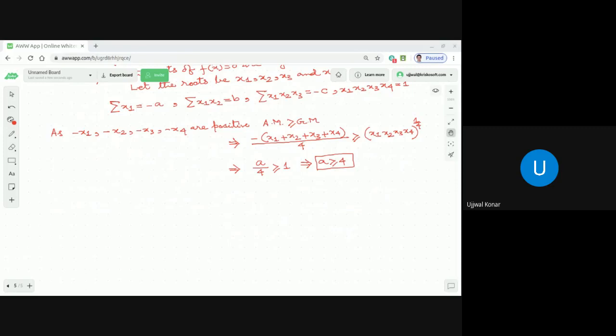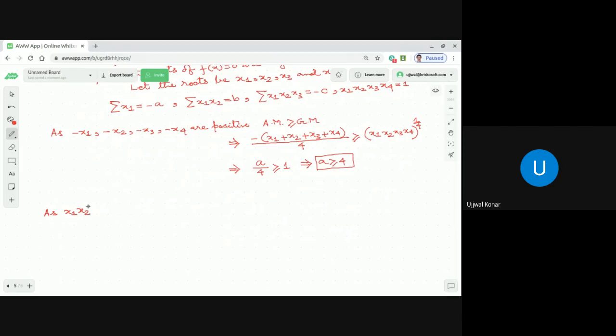Now, how can we find the relationship for an inequality for the number b? For that, we are taking the numbers as x1x2, x1x3, x1x4, x2x3, x2x4, and x3x4. Okay, what are the numbers we are taking, dear students? We are taking as